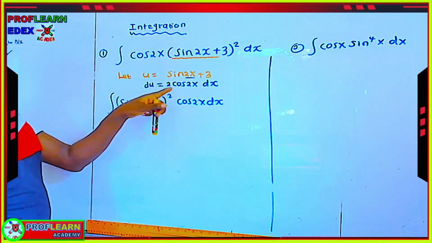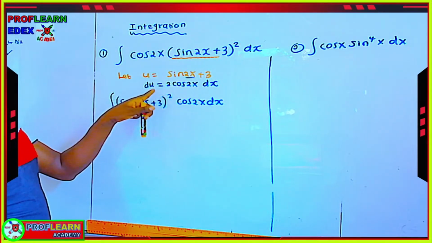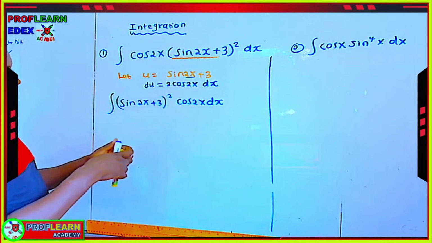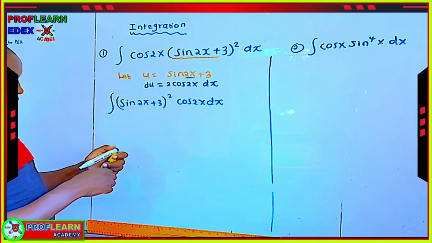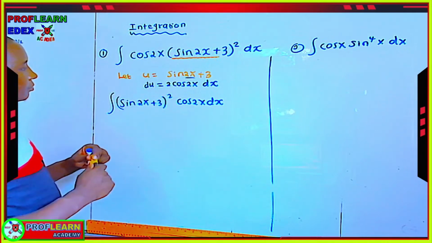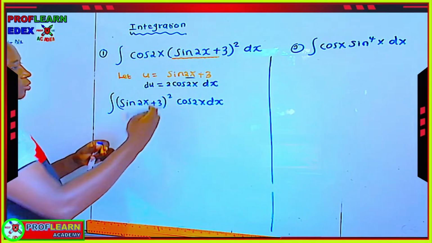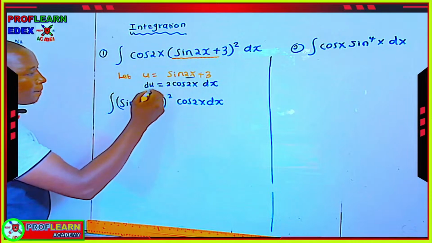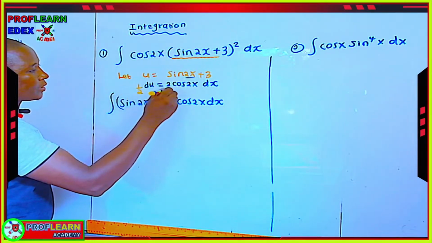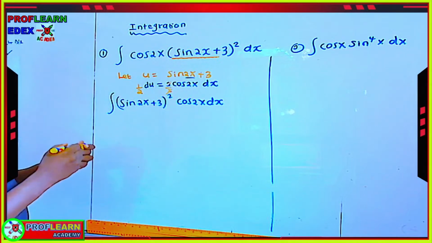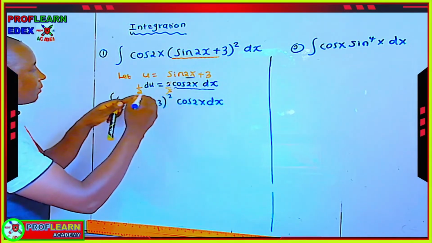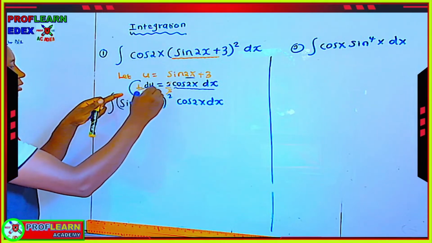But at this point, we have du equals 2 cos 2x dx. So I want to ensure that I have cos 2x on its own on one side. That means we can divide by 2 on both sides. This and this will cancel out. So this will mean that cos 2x dx can be replaced with this part that we have here, which